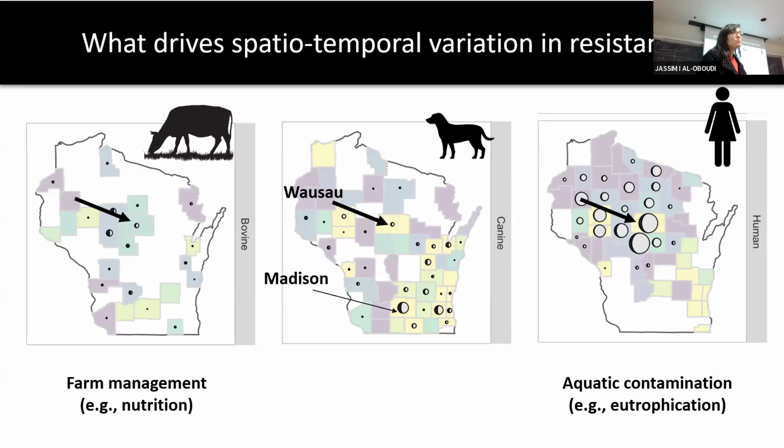And the reason that they might be important for infectious disease and drug resistance is because, by and large, good nutritional management leads to healthier cows, leads to less disease, less drug use, less drug resistance. So that's one really obvious place to start there. If we're going to look in human systems, we might think about urban to rural gradient more and aquatic contamination, say in cities, and this could be an example of eutrophication. So we're doing that in other systems, but for now, we're going to talk about farm management and why that